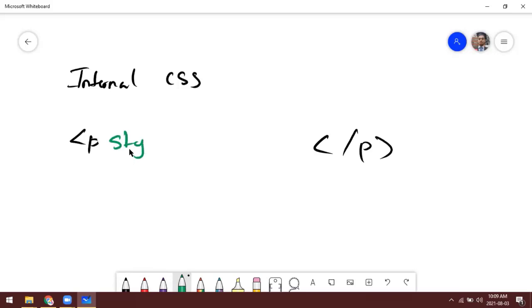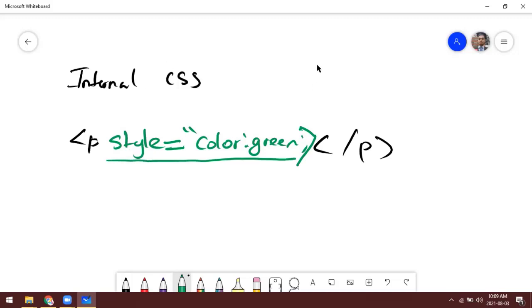We will put the attribute style, and then we will put it, for example, green. So this is the way we use CSS. Sorry, this is not internal, this is inline CSS, right? Within the tag itself we are using, this is called inline CSS.